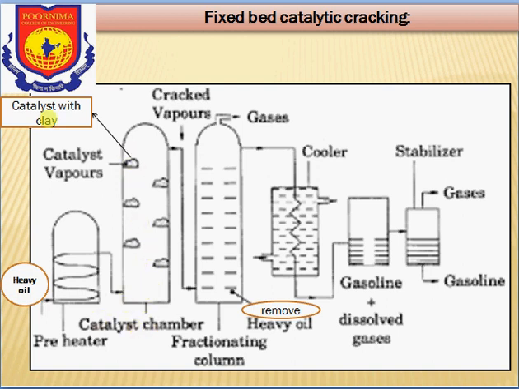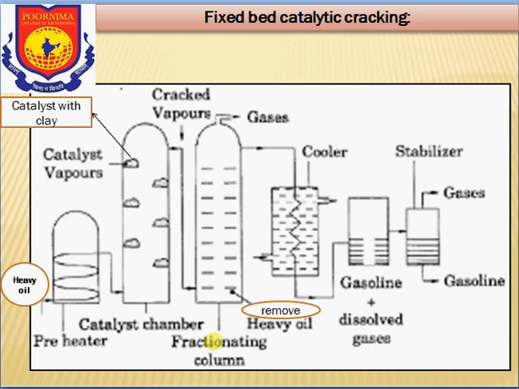Here the catalyst is fixed with the help of clay. So this chamber where the catalyst is fixed is known as the fixed bed catalytic chamber, and the process is known as fixed bed catalytic cracking. In this chamber the cracking takes place, and then the cracked vapor is sent inside this chamber known as a